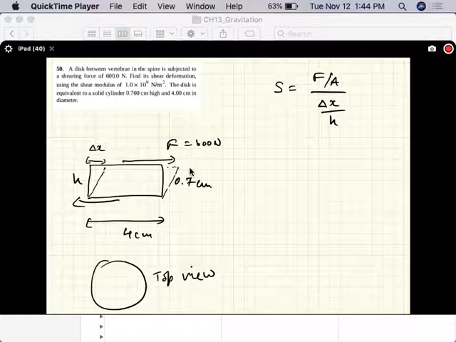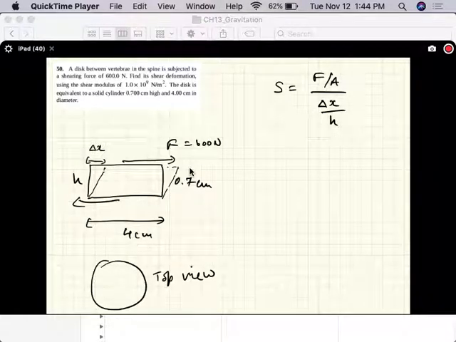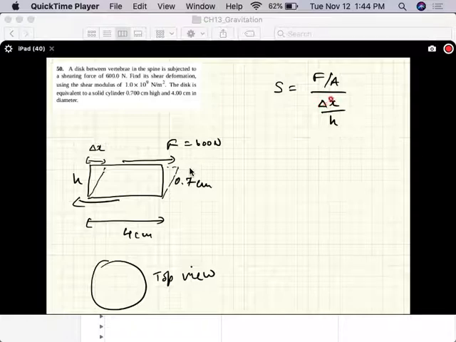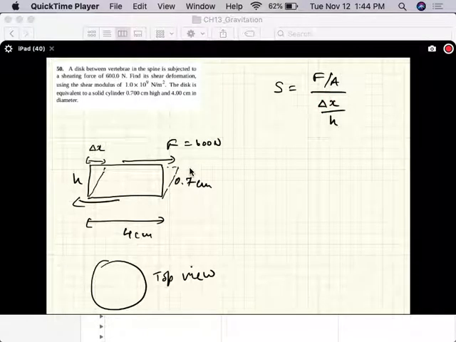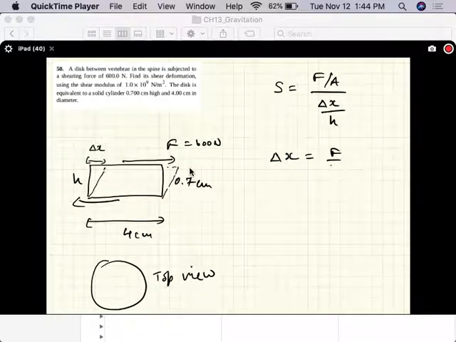And what they're asking you to find is the shear deformation, delta x. So delta x is F over A